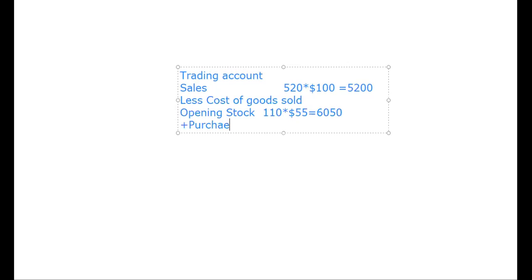Then we add purchases. Our purchases value was 490 multiplied by $70, and that will give you purchases value at 34,300. When you add those two figures together, you will get